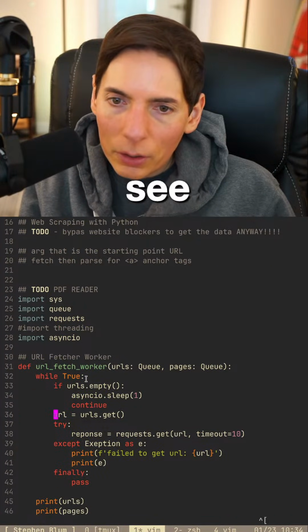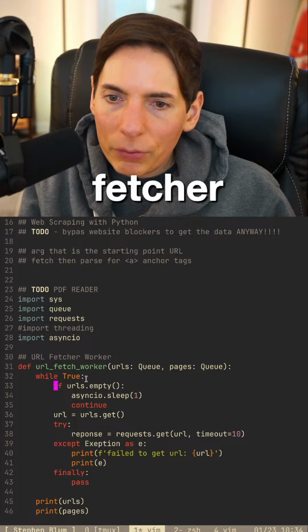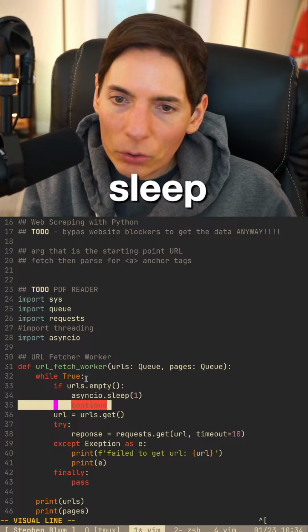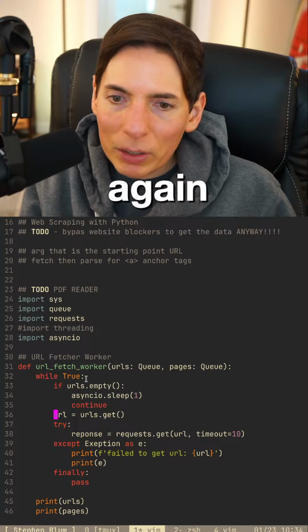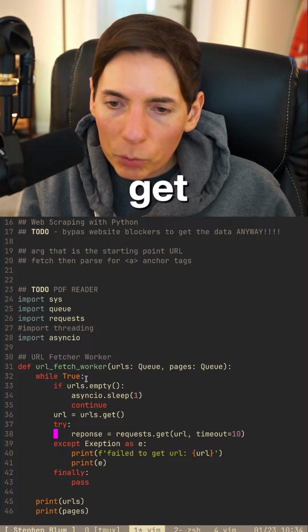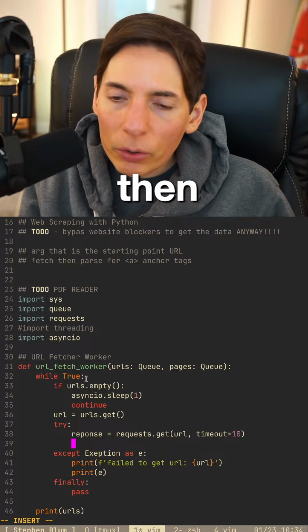So where are we at here? Let's see. We've got our fetcher. If it is empty, sleep, continue. Ask again, is it empty? No, it's not. Okay, grab the queue, fetch the data, get the response. And then we're going to say